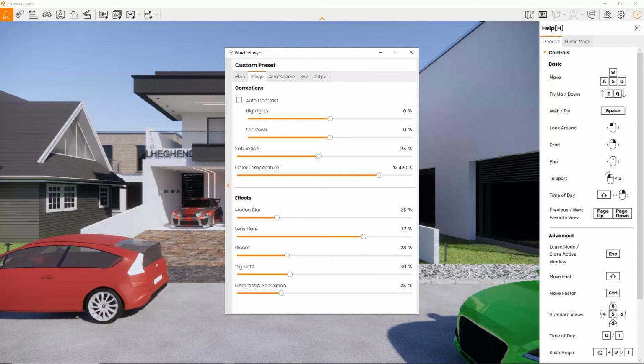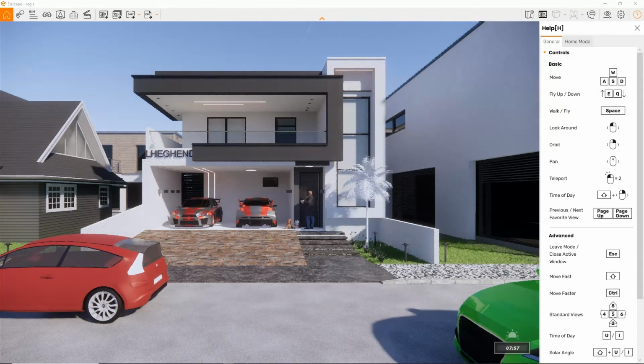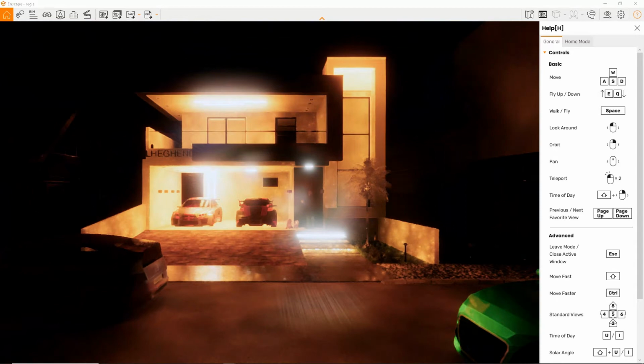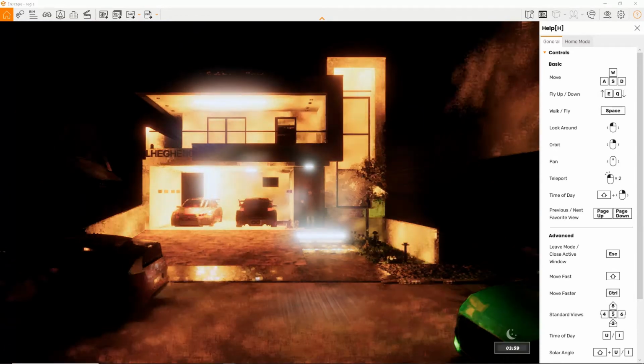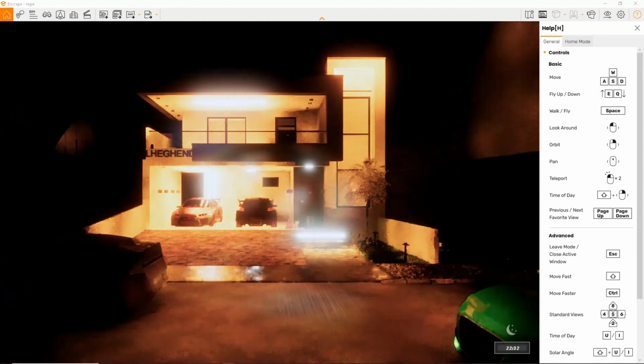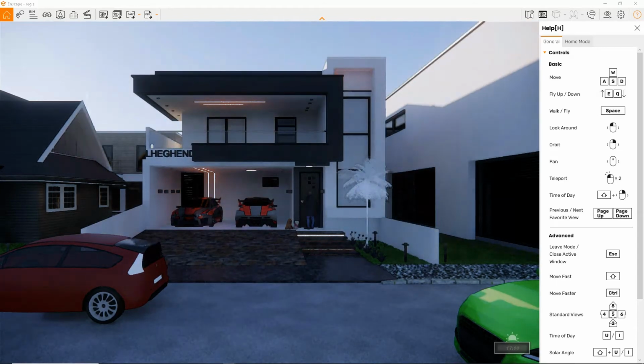you could see that should it be in the day or in the night time. However, you can also use the U as it's showing here, the U or the I, to actually change the time of the day. So let's do that and see. So I'm using U to change the time of the day. So just hit on U to change the time of the day, and okay,